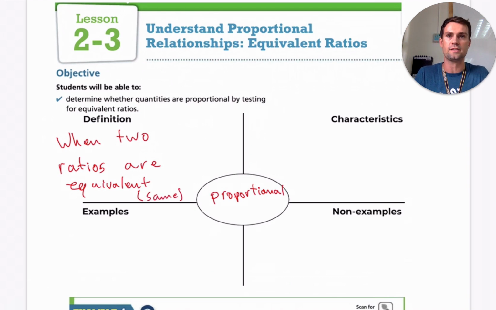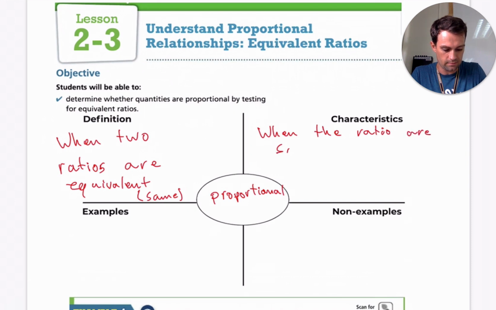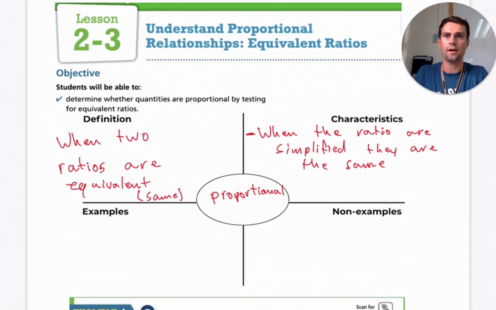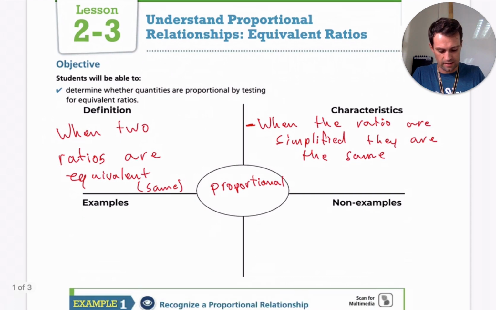Some characteristics of proportional relationships is when the ratios, when they're simplified, they are the same or equivalent. Okay? All right. So, for example, if we had